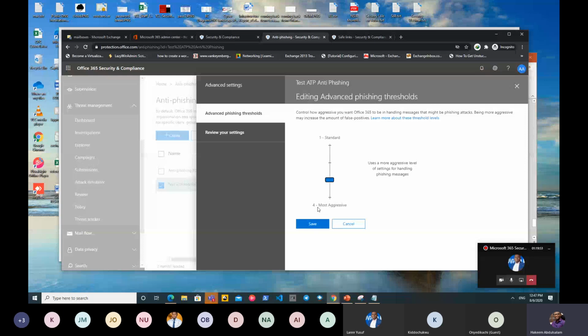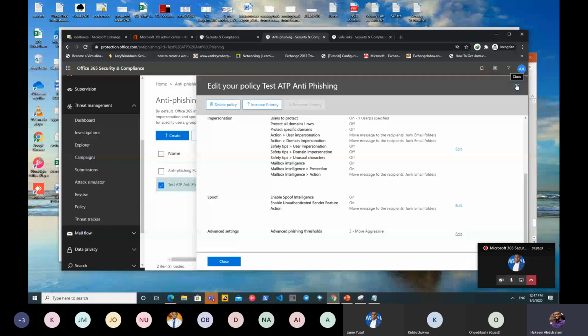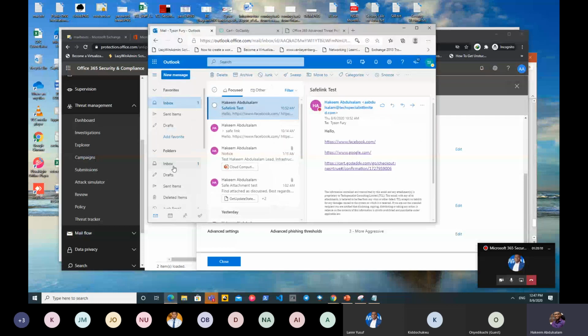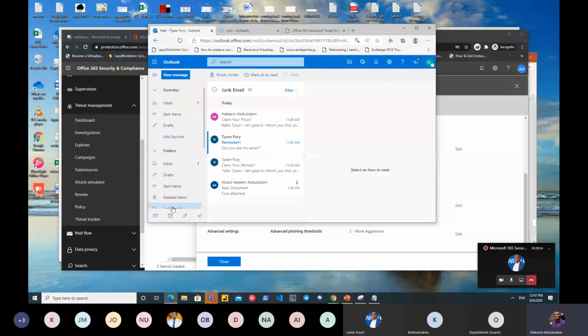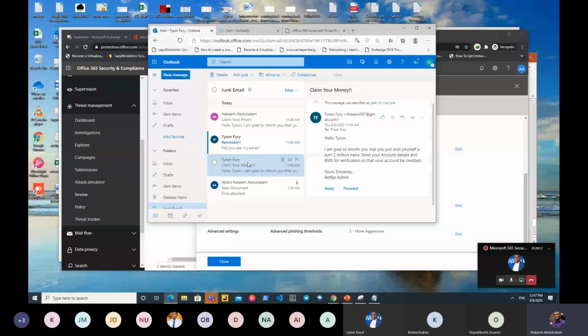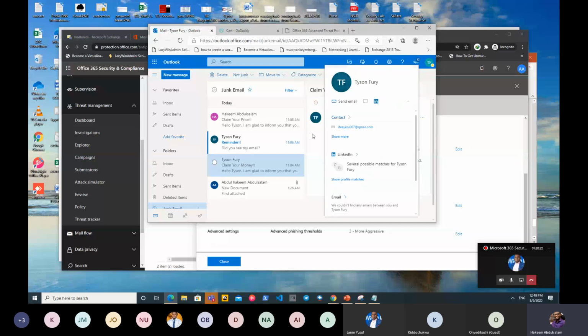So when somebody tries to spoof your email or your account, it gets detected and what? It sends it to the junk. I've done something like that already. I can just show you one here. Let me go to my junk mailbox. This is an email that was sent. If you look at this, it's Tyson Fury, but if you look at, so this is what we call display